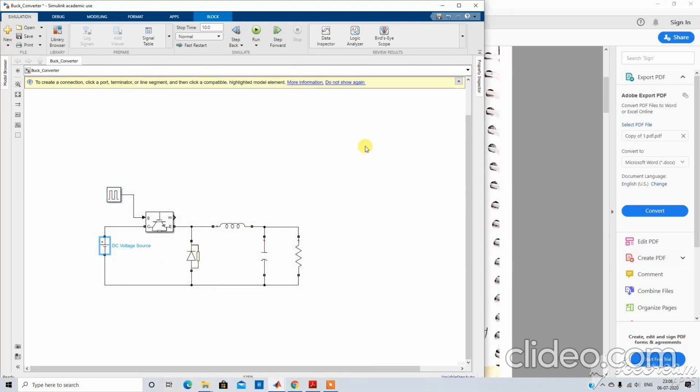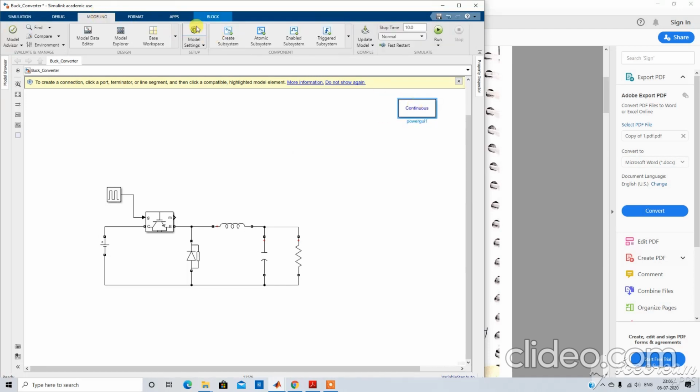So all the components are properly placed. To simulate this, we require one more block, that is powergui. We will keep it here and select the solver.